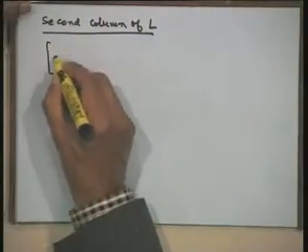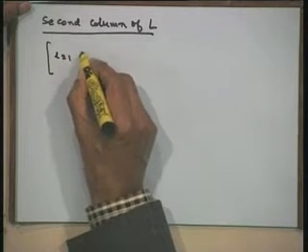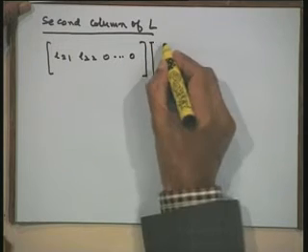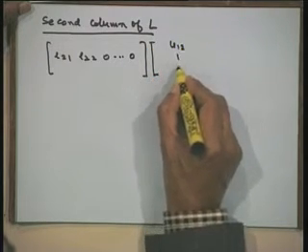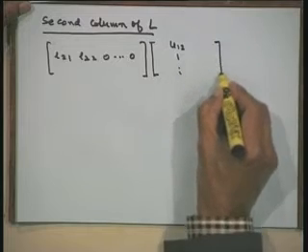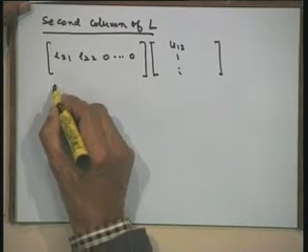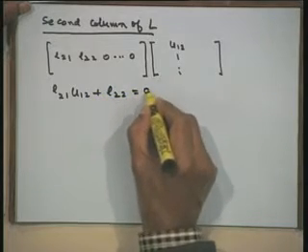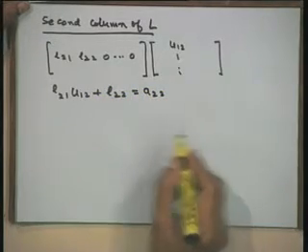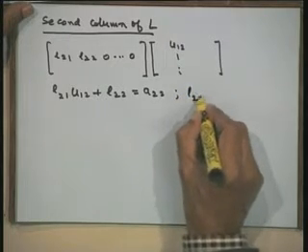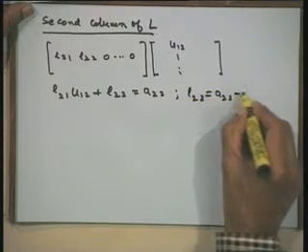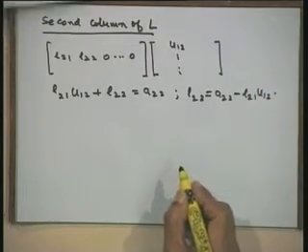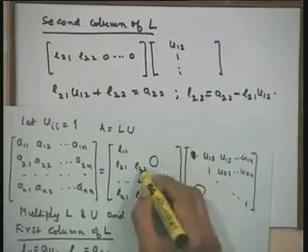So, I have here the second row of L is this, and the second column of U is U12, 1 and so on. If I multiply, I would get L21 U12 plus L22 is equal to A22. Therefore, this gives us L22 is A22 minus L21 U12. Now, we have determined this element L22 here.